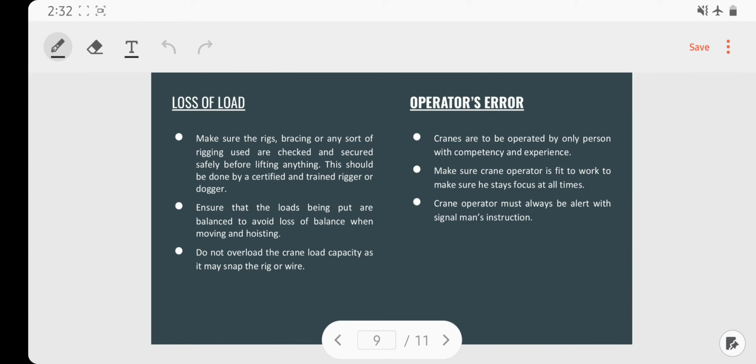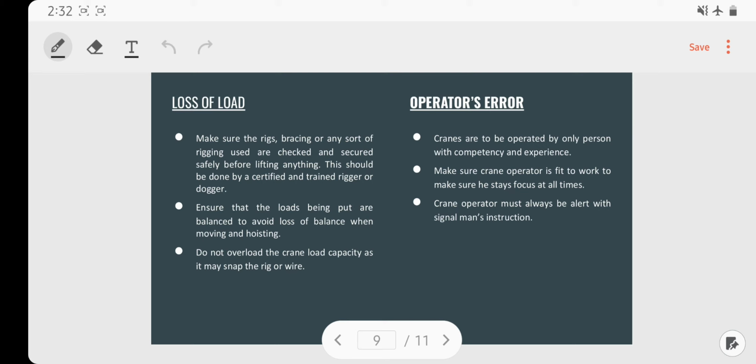Alright, for the loss of load, we have to make sure that the rigs, bracing, or any sort of rigging used are checked and secured safely before lifting anything. This should be done by a certified and trained rigger or dogger. So anything that is being carried is supposed to be properly rigged and put bracing on it, so that the objects